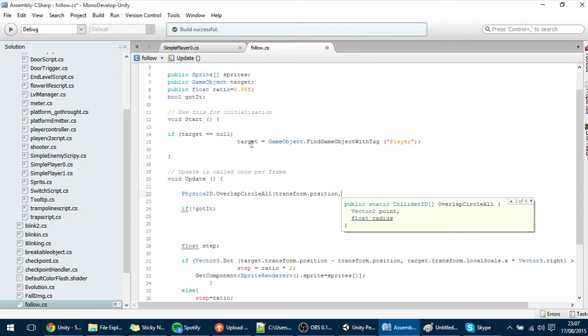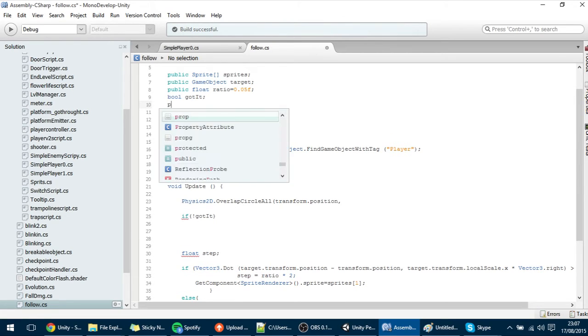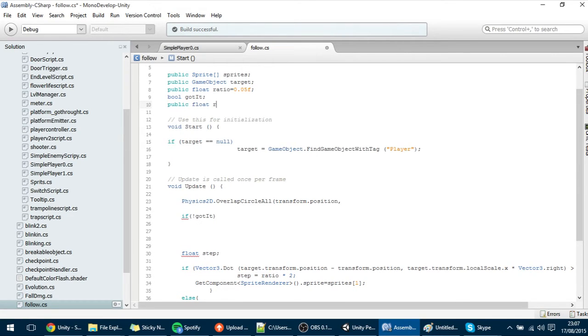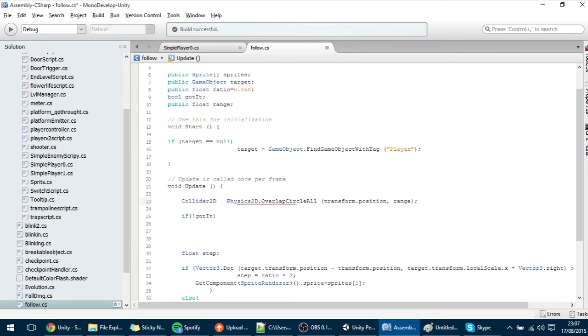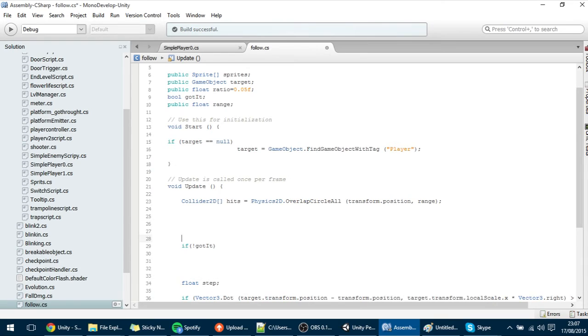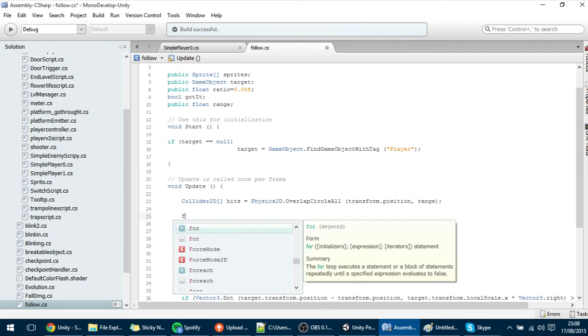And the radius will be a radius that, if you want, you can change. I'm going to put here public float range, so that you can change the radius if you want. So range, like so. And like I said, this returns an array of colliders. So I'm going to put here a Collider2D array called hits equals that. Okay, and now we have to cycle through all the elements in this array and check if any of them are tagged player. So foreach